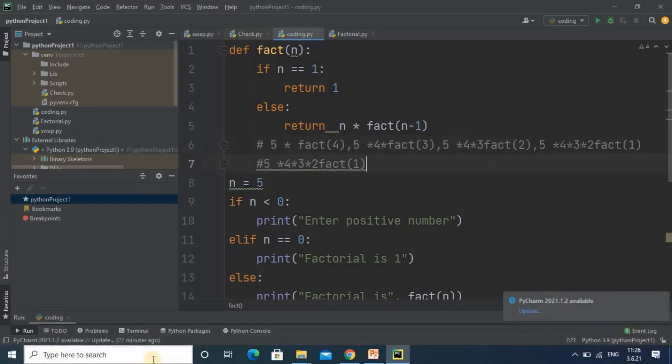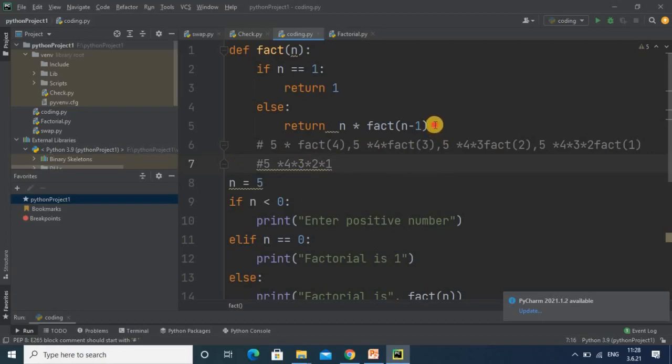Here in the comment I pasted it, and it will become 2 into 1, because the factorial of 1 is 1. Then it will not call again, because for factorial of 1 it is already 1. So 5 into 4 into 3 into 2 into 1, that answer will become 120. So the factorial of the number is 120.